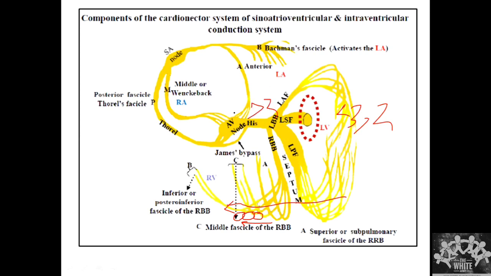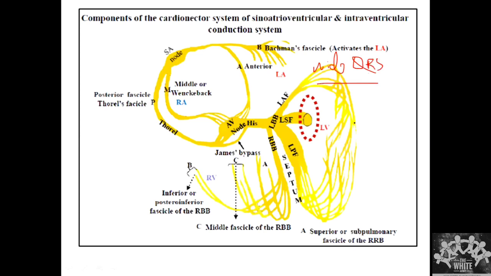So that is the first key. When you see a wide QRS, when it is more than 3 small squares, you call that a wide QRS. So whenever you have a wide QRS, there can be very few possibilities. So imagine the ventricle. This is one possibility, wherein there is a block in the conduction system. Second possibility is, let's say the origin of the impulse itself is from the ventricle.